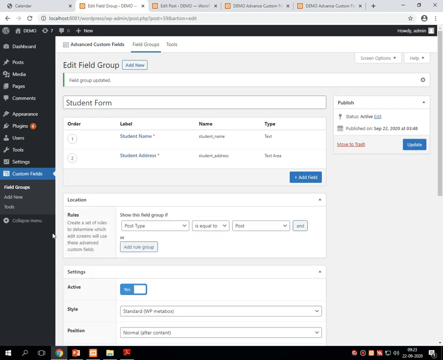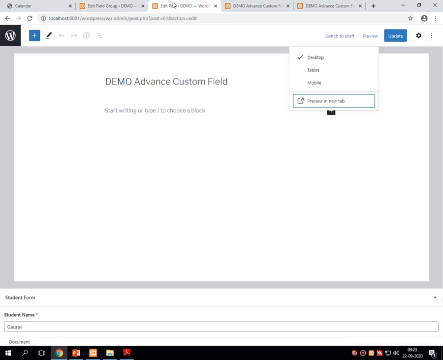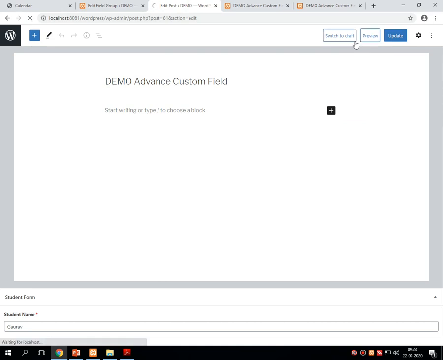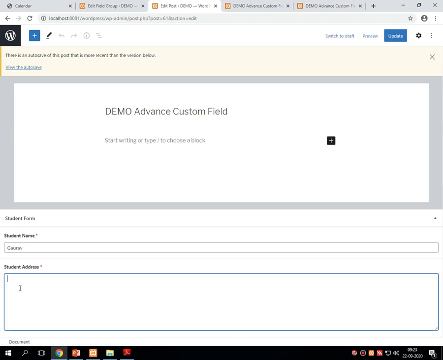Once it is done, there is a student address. Then let me check over the post also. So I'm just refreshing this thing. There is a student name with the student's name. Now student address will be there, right?